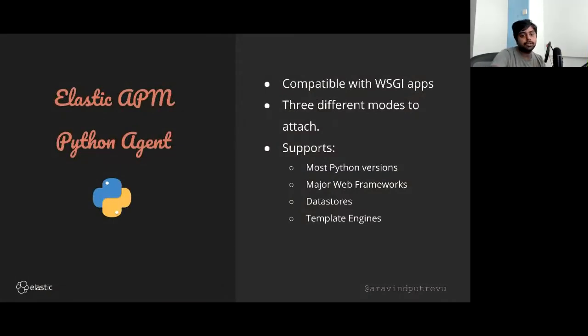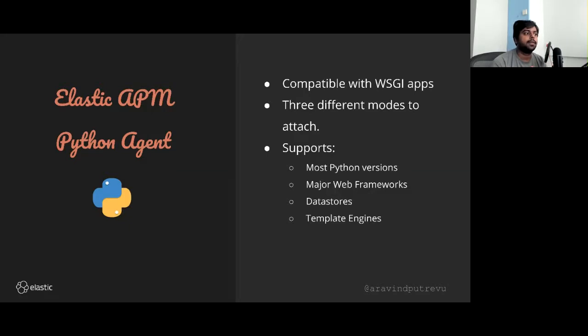So what does the Python agent do? We are at PyConf, so we should definitely talk about Python. The Python agent is compatible with all the web server gateway apps, so you could build using something like Flask. You have three different modes to attach the agent to the application and trace the APIs or the code.